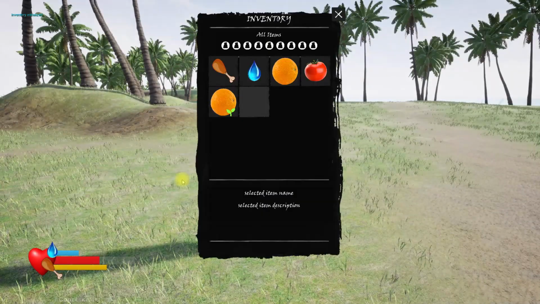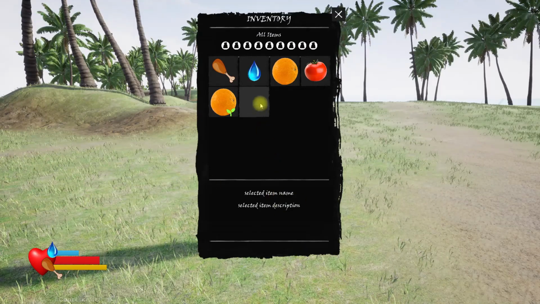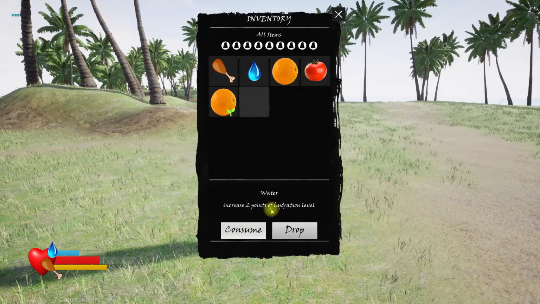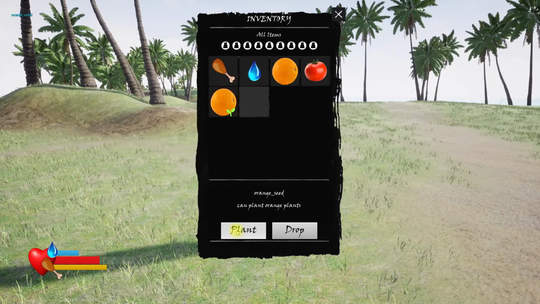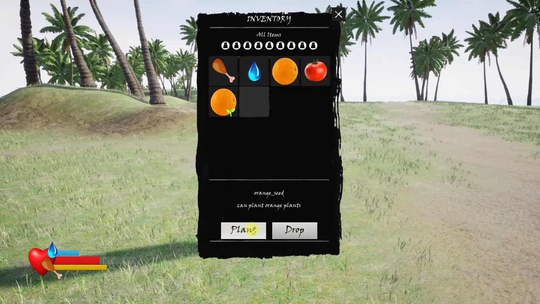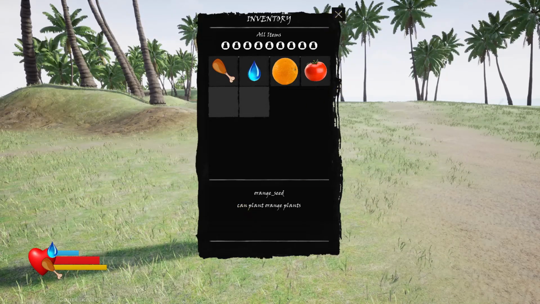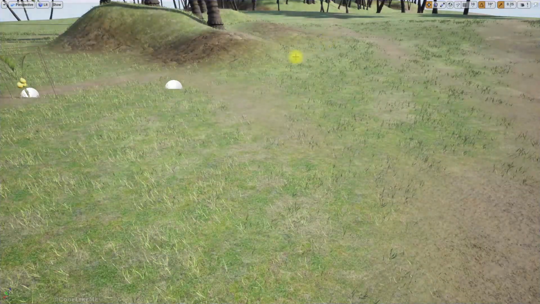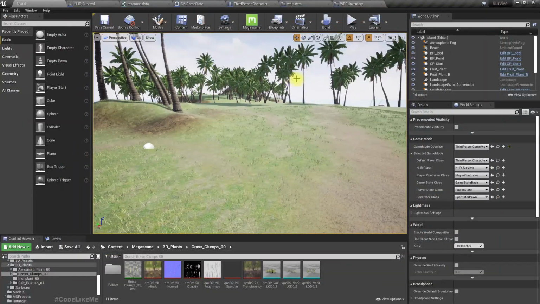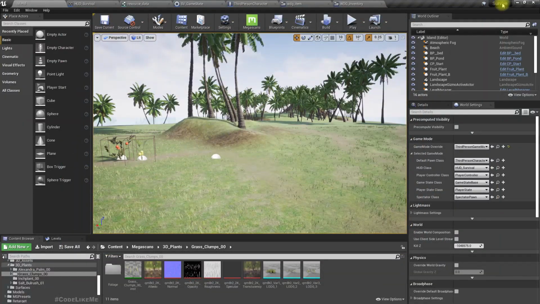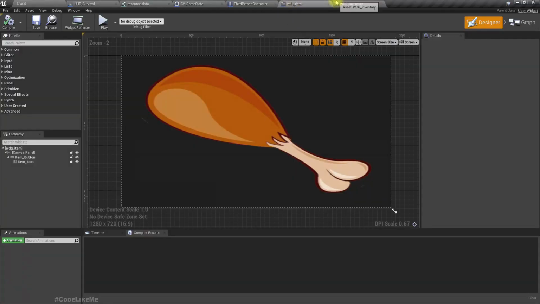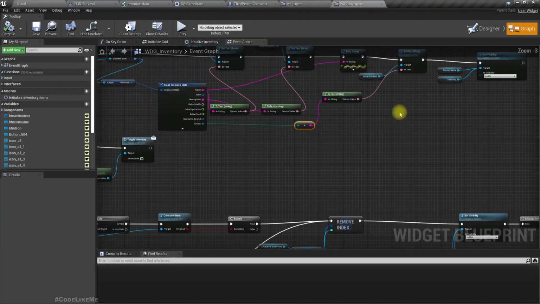Okay, let's open inventory. Select this, action is consume; select the seed, action is plant. But if I plant, it just disappears, nothing happens. So now let's work on the action part. Now in the widget inventory,